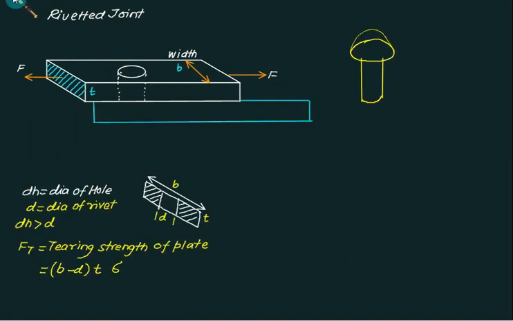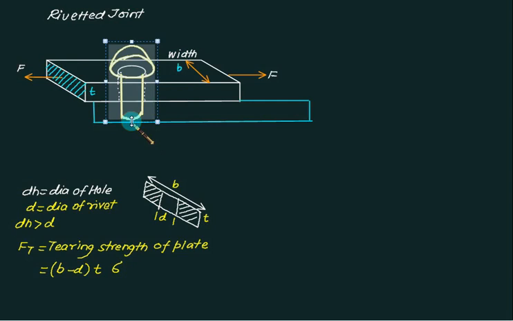At least. So we have plate 1 and we have plate 2. We have thickness T and this also has thickness T. Plate thickness assume this. And we have a rivet. So when the rivet is inserted through this, it will pass through easily. Now the minimum length of this rivet must be greater than this thickness.